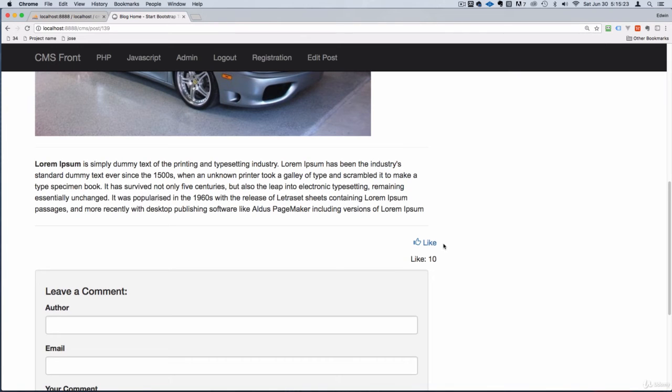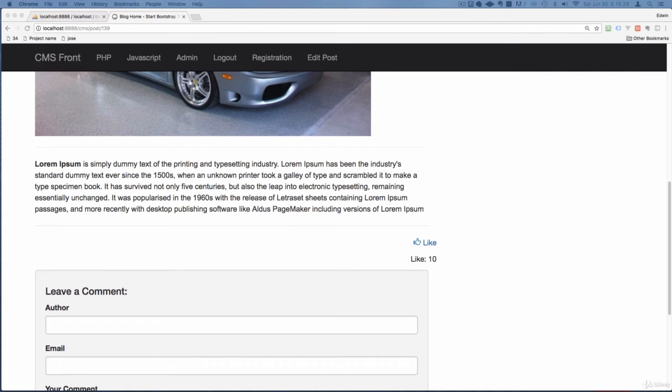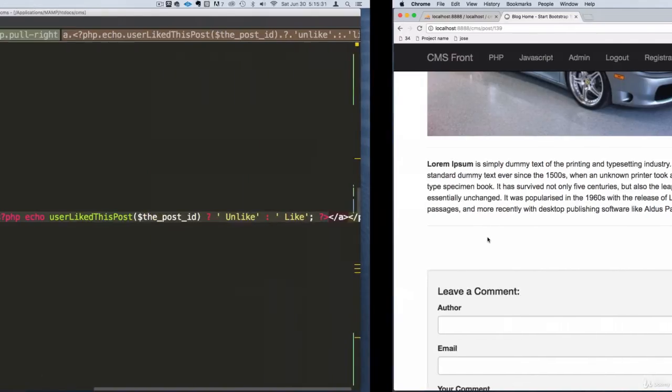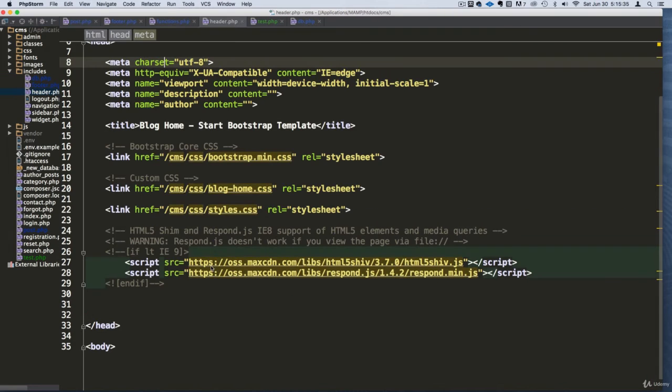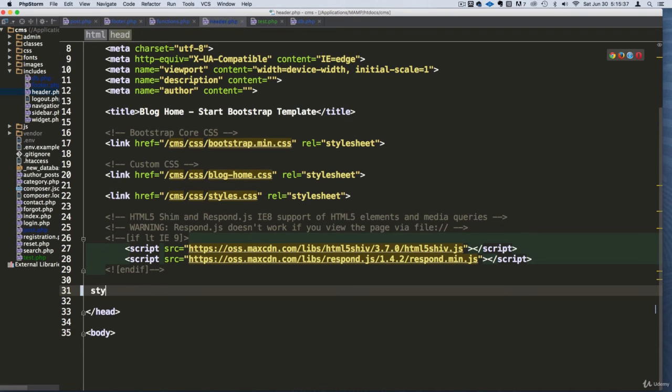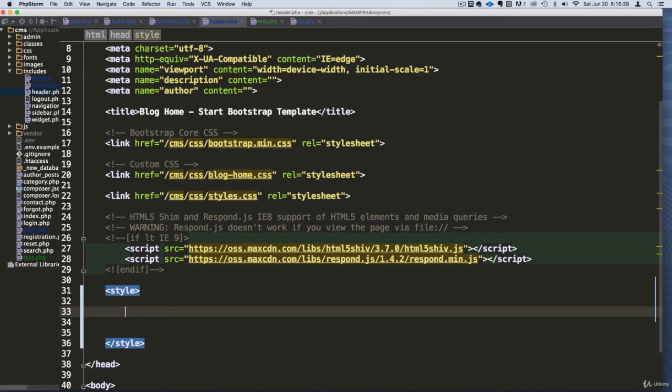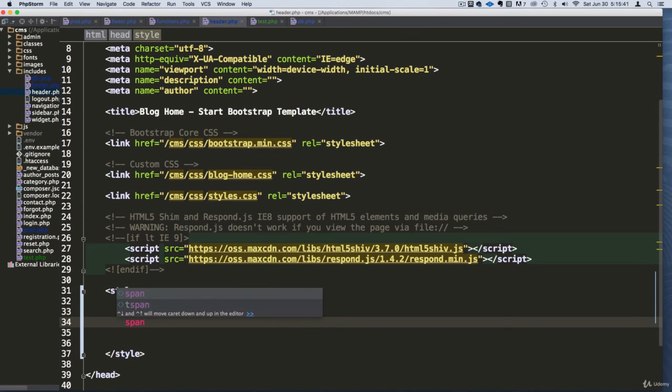Remember, you can change the font size of this. I can show you a quick way of doing that. As a matter of fact, let's do it right now. What do you guys think? You guys ready? Let's do it. So I'm just gonna do this real quick. I'm gonna go to the header. Actually, I'm not gonna even go to any style sheet or anything like that. And I know that it's inside a span and